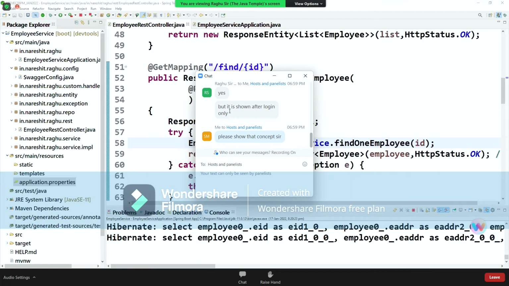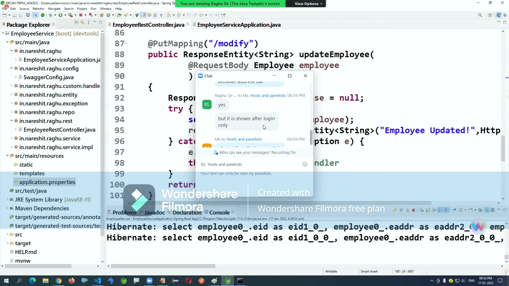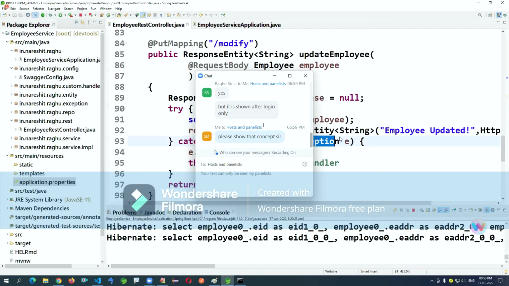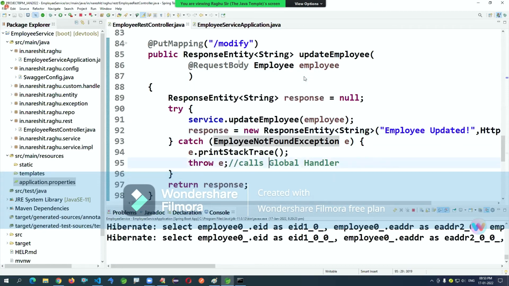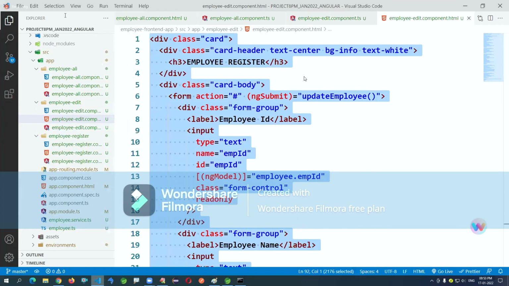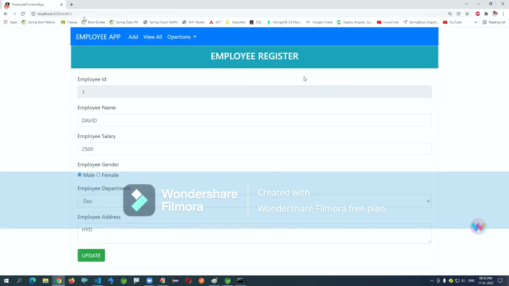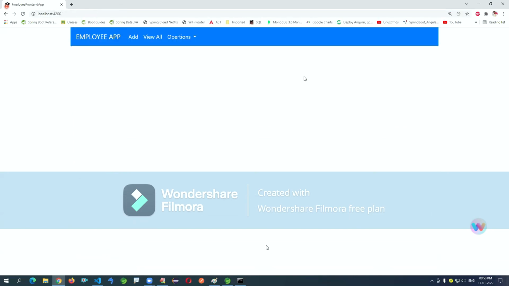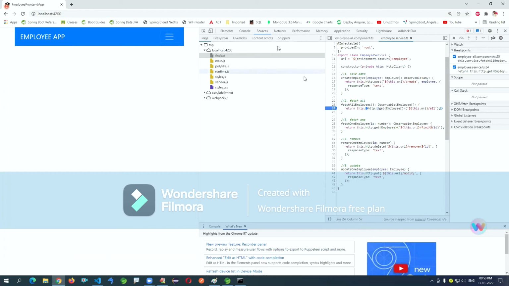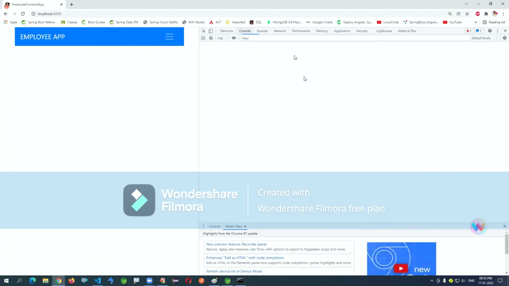Then in the update operation, it will try to throw some exception, employee not found exception. And because of this, we'll see some error here. If ID is not present, you cannot do that operation. You are not submitting any ID, and that's going to show some error at console like this.